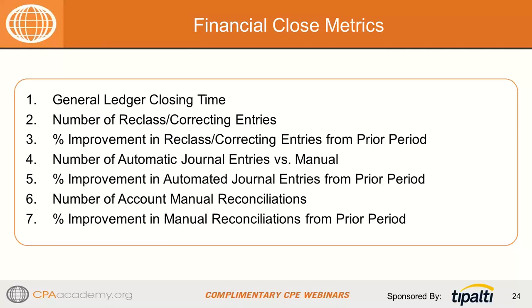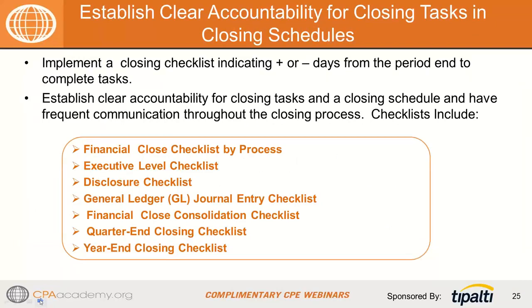periods. Number of automatic journal entries versus manual, and how you've improved in those automated journal entries from the prior period, number of manual account reconciliations, and of course the last one is the percentage of improvement in manual reconciliations from the prior period. And we can add things to this list like variance improvement, again, time to complete reconciliation, and it can be a very lengthy list, but those are some of the ones that a lot of companies are taking a look